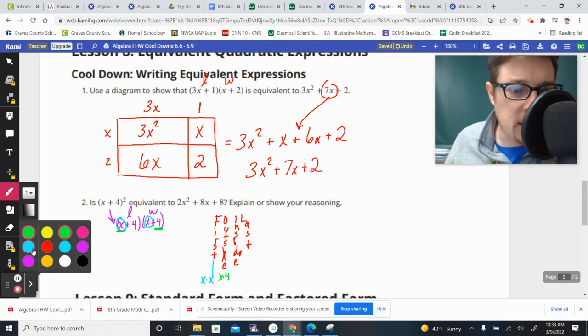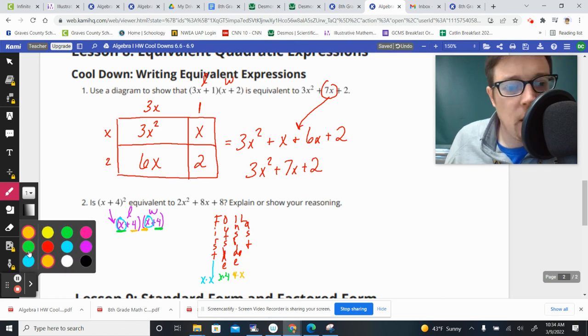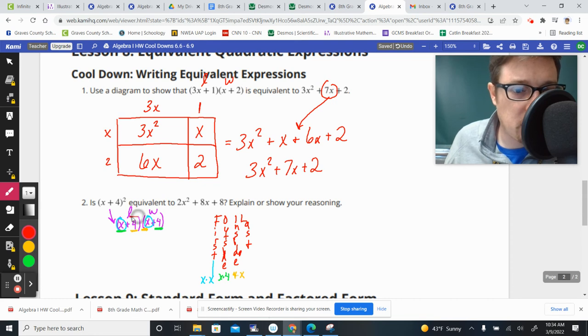And then the inside section, that would be like the meat of the sandwich, inside, 4 times x. That would be 4 times x. And then the last would be the two last numbers in the expression, which I'll note with this red square. Last times last, which is 4 times 4. So whenever you do these things, first, outside, inside, last, you get the expression x times x,